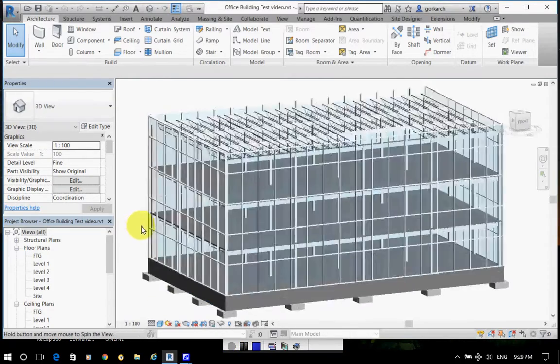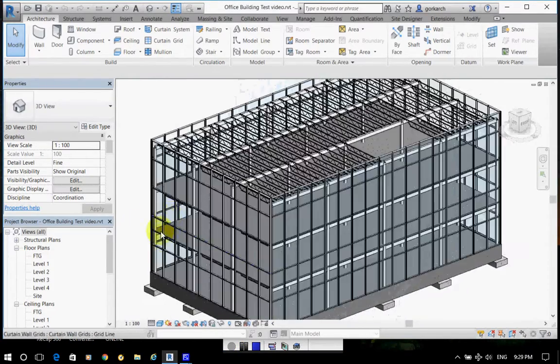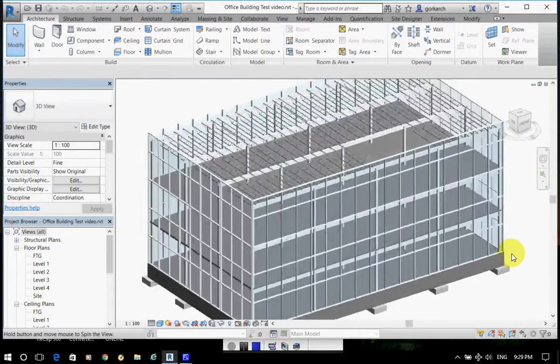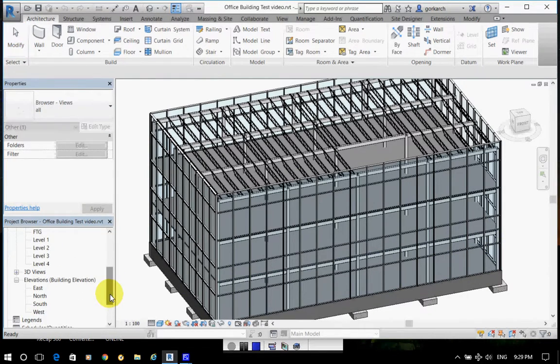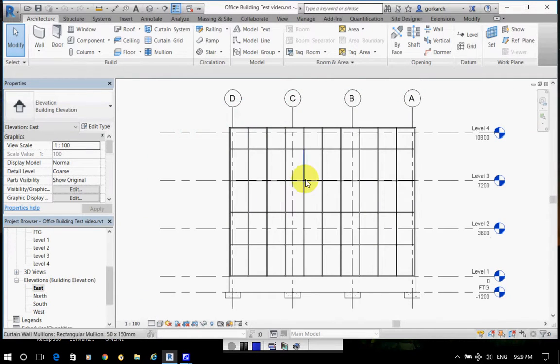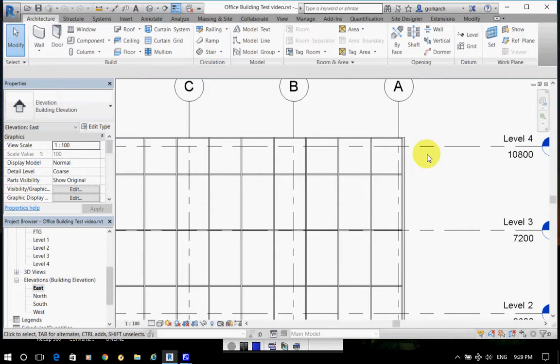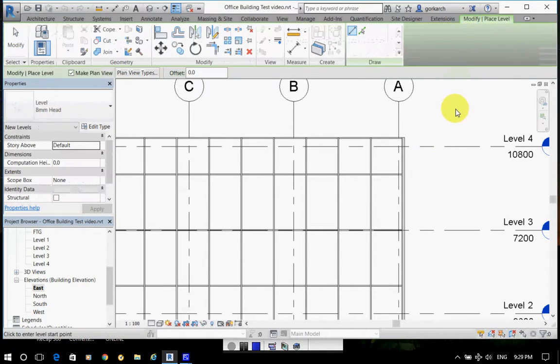Okay, so what we're going to do is add an exit in the corner, and we have to create the roof plus some partitions inside. First thing I'm going to do is create two additional datums, horizontal datums. I'll go to one of the elevations and I'll create a datum with a floor plan view, level,